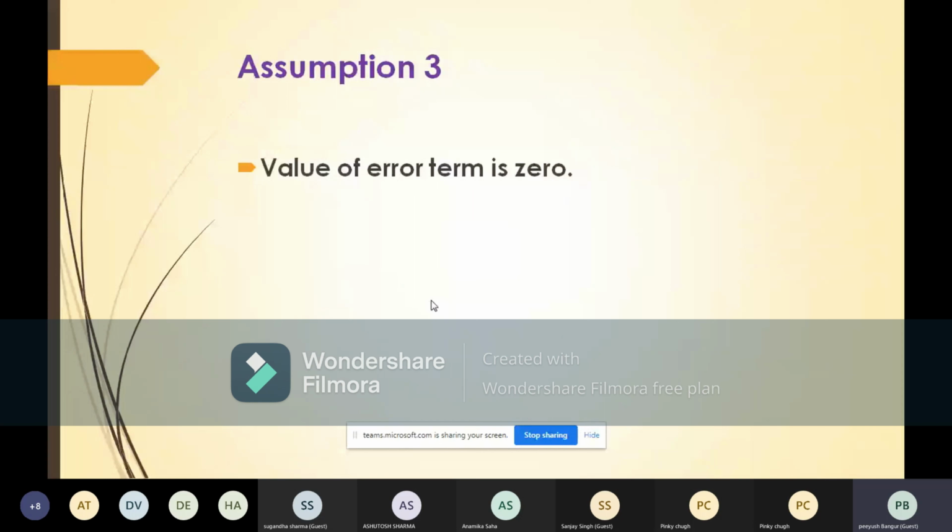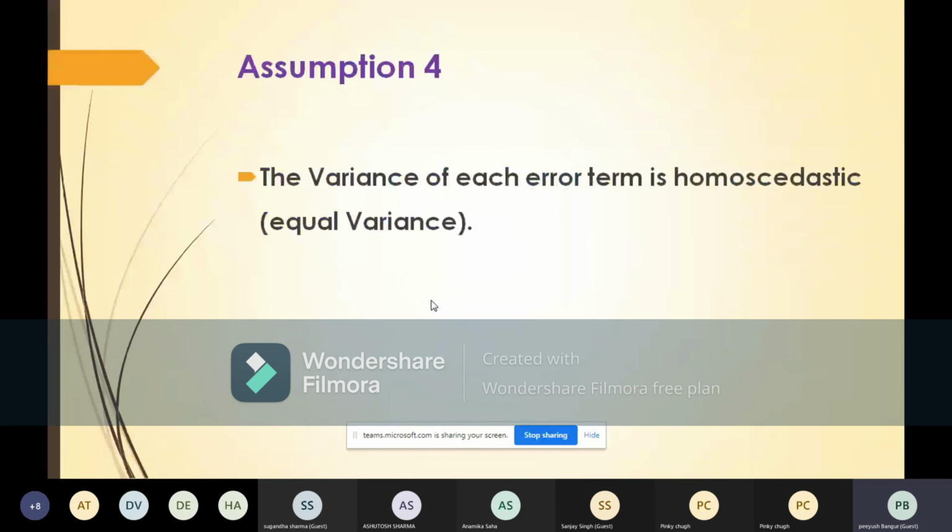Now assumption number 4, what does it say? The variance of each error term is homoscedastic, equal variance. There are chances the value of the residual is different, but the variance of the error term, or the variance of the residual, is always equal. This is the biggest assumption of the regression model. This means there is no heteroscedasticity. We generally check the no heteroscedasticity assumption in the software rather than the presence of the homoscedastic